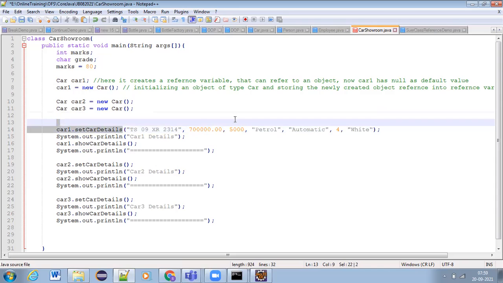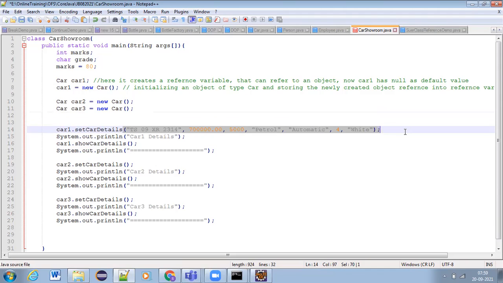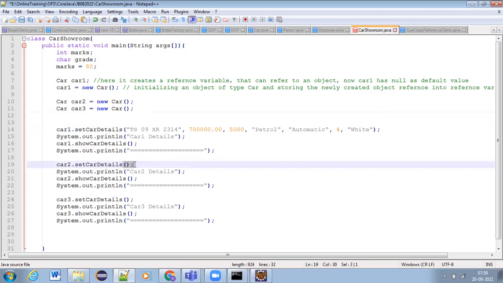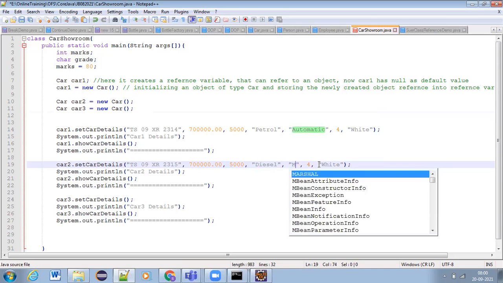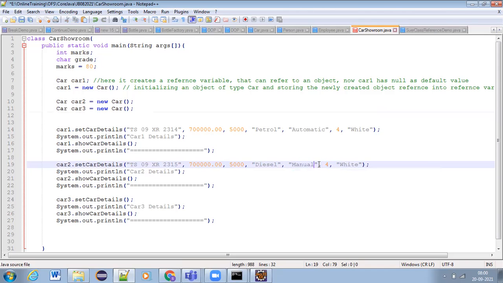In a similar way, let's set details for car 2. The other car number would be 2315, right? Price might be same, capacity might be same, but fuel type can be diesel, gear type can be manual, color can be gray.